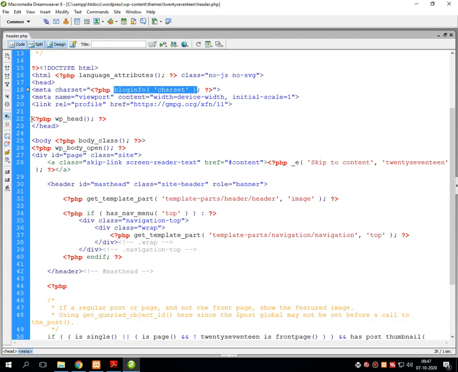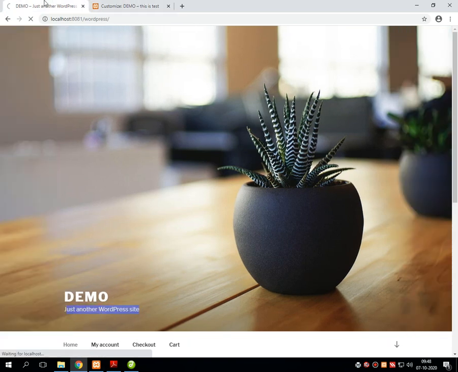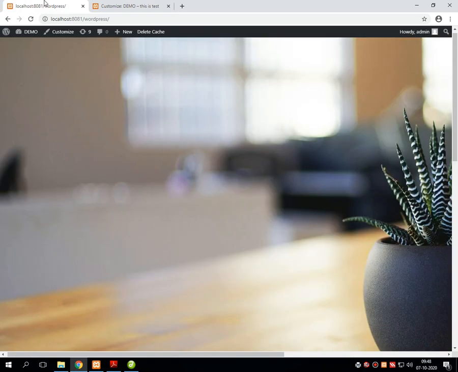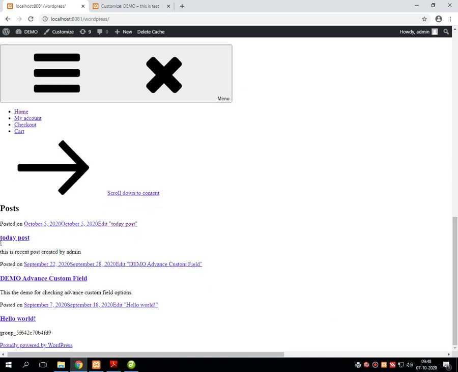Then there is wp_head. Now what does it mean, wp_head? Let me put it into the comments. Let me save this particular file, and I am refreshing this page. What happens? The entire heading gets disturbed, right?